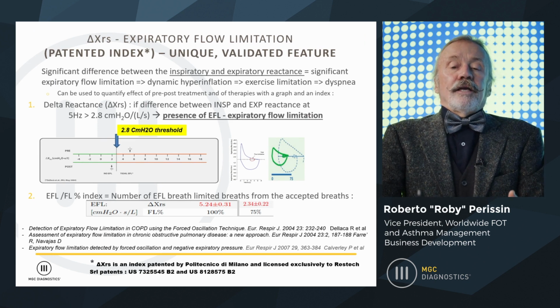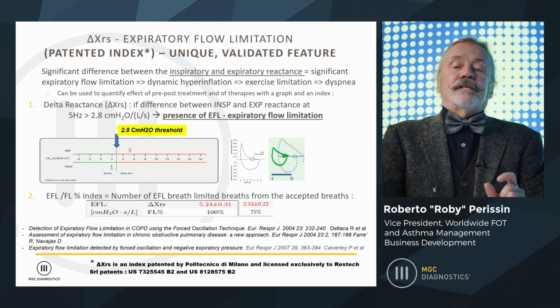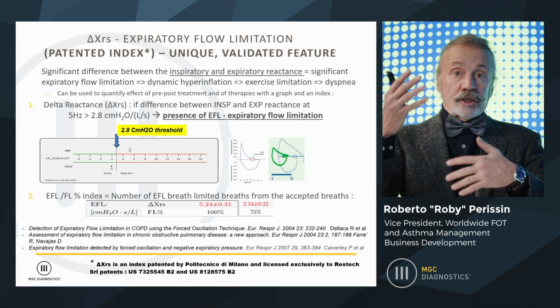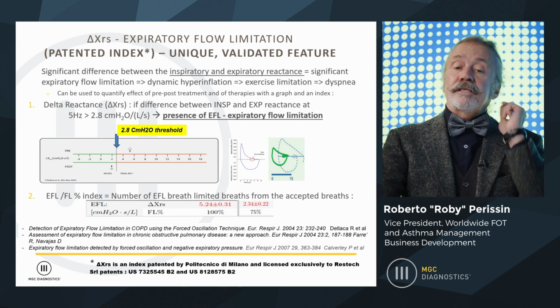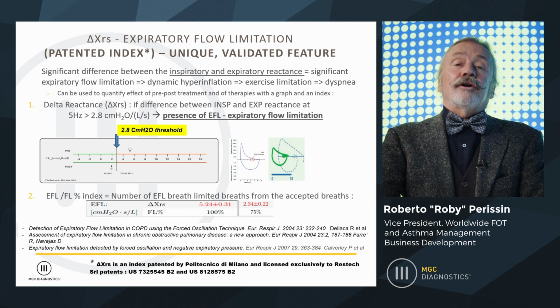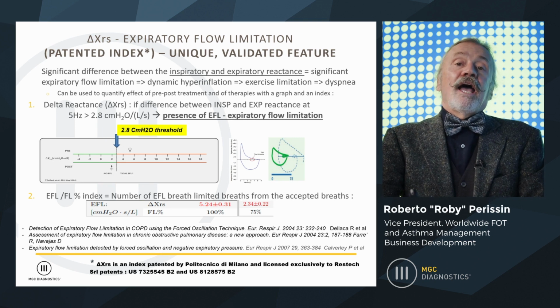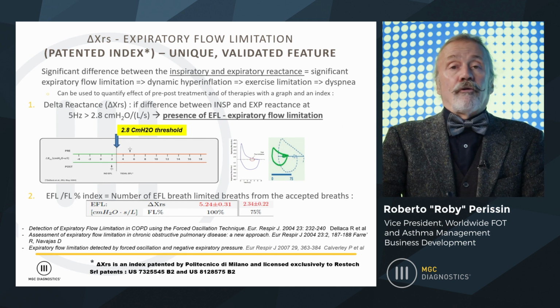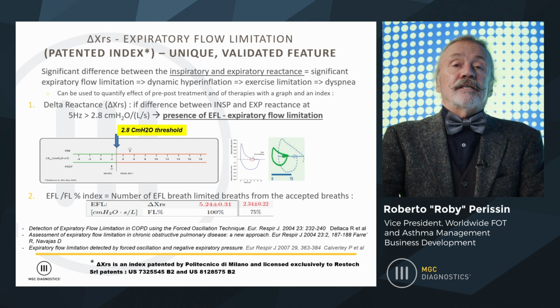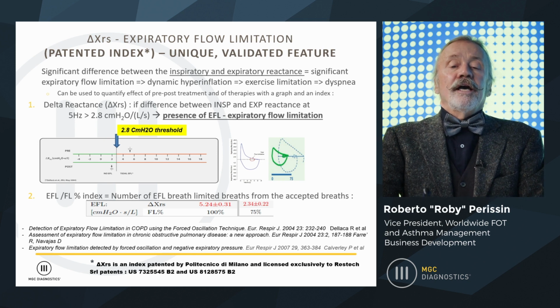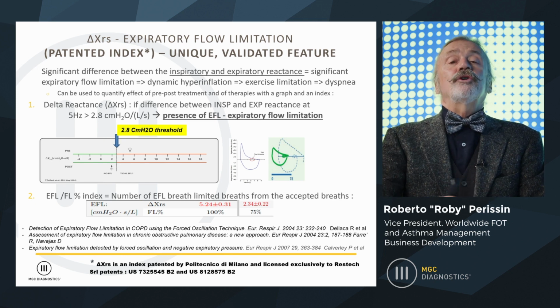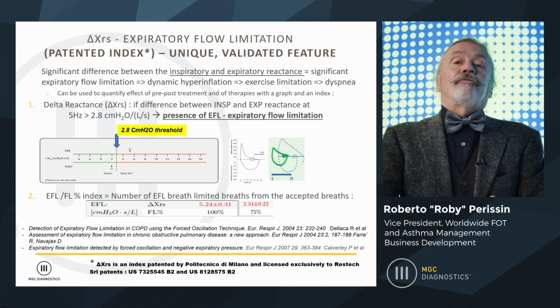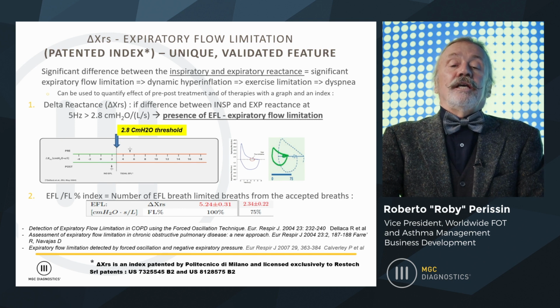So there is a patented index, which is basically the calculation of two measured parameters, the inspired and the expired reactance of the small airways, at 5 Hertz. When this difference is higher than a threshold that has been determined and validated in literature for many, many years, you are in presence of a tidal expiratory flow limitation that, as you can see from the figure, can be quantified as flow limitation percentage before and after a treatment, or over time to, for example, track changes in